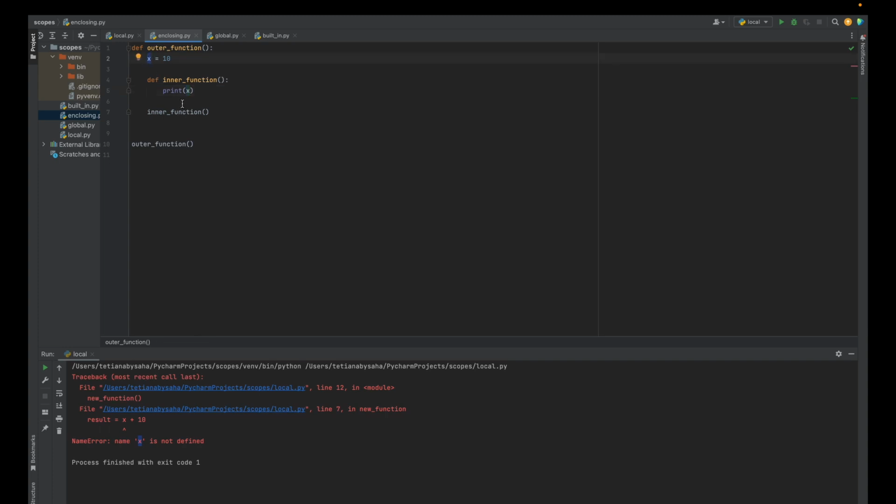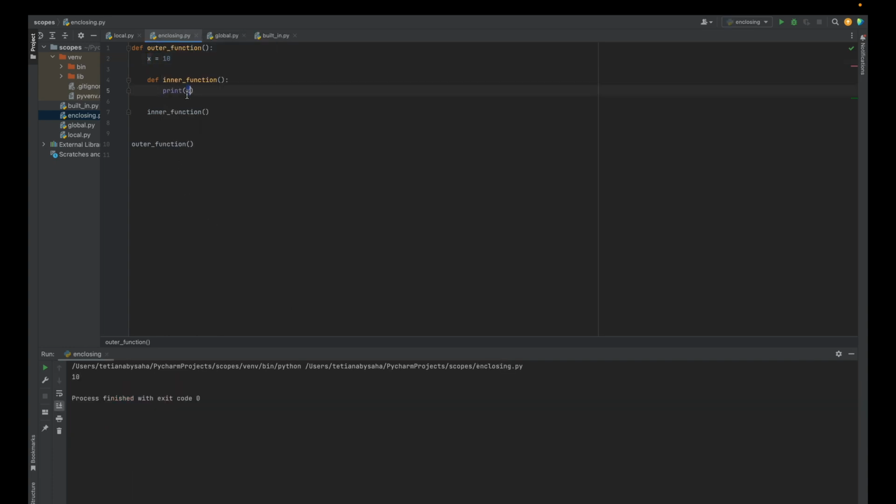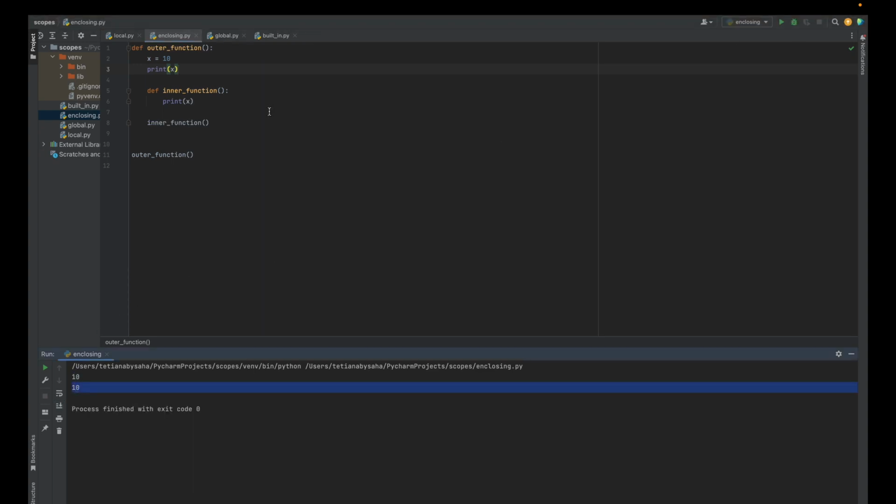So if we run this example, you will see that we print 10 here, and we can print it here as well. It can be used in both functions. If we run it again, you will see that we have 10 and 10 here. But for example, if we reassign our variable inside this outer function